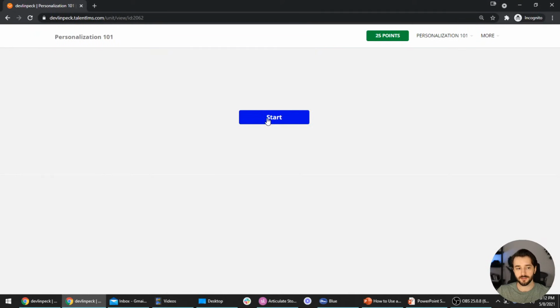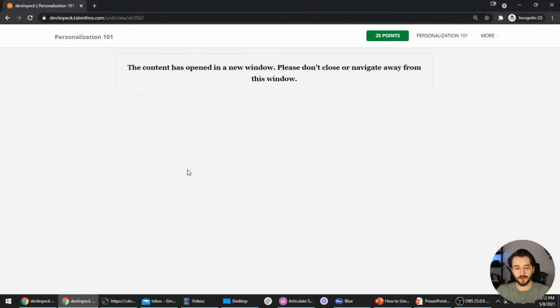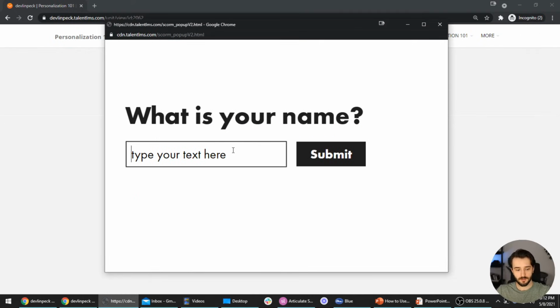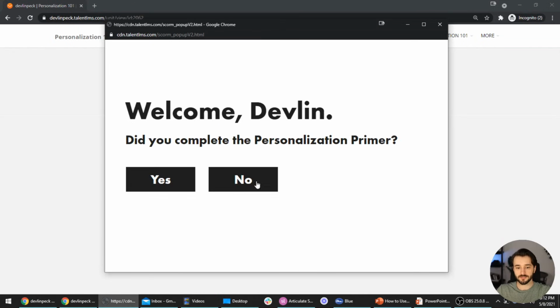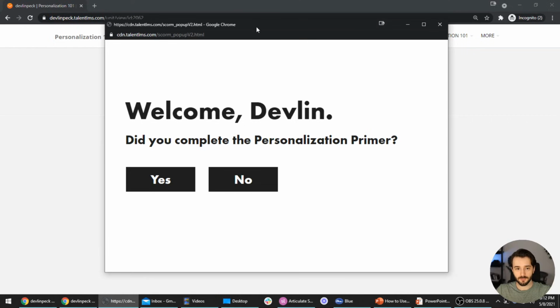So we will start this. Again, we have this button because we chose the pop-up view instead of the embedded view. But if it was the embedded view, it would just open up immediately right there. So here we are, the same course we know and love. We will move through this again. So notice at this point, oh wait, let me show you, sorry. At this point,